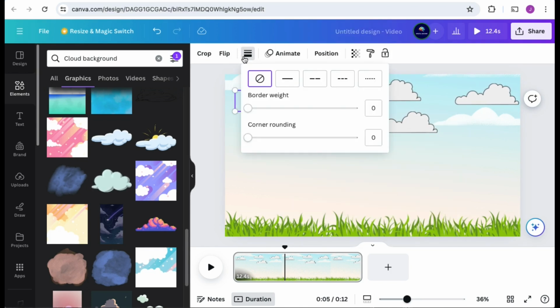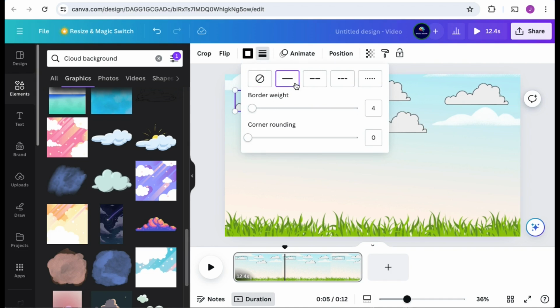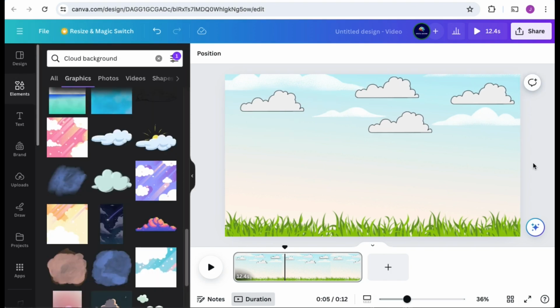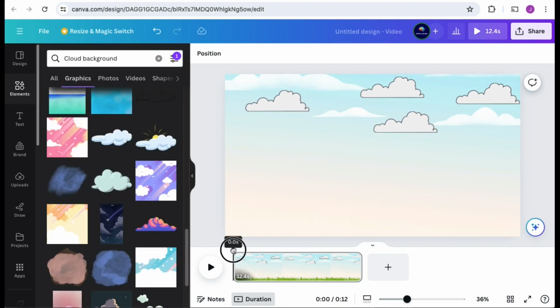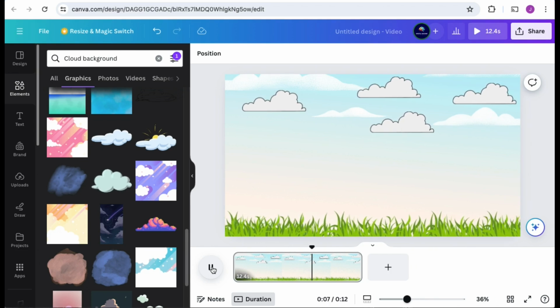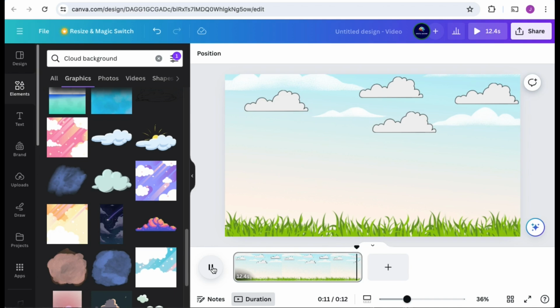Okay, I'm gonna try to do a border, but that doesn't really look that nice. I guess this looks good. Awesome, so this is the background for our video that we're going to be using.